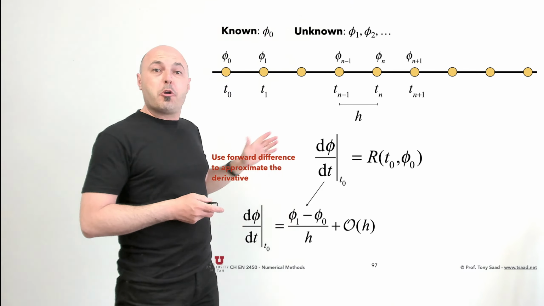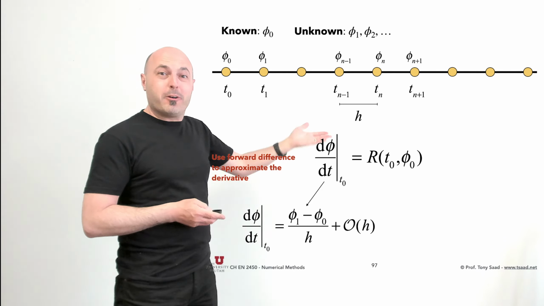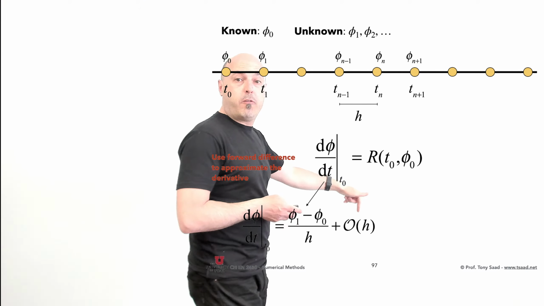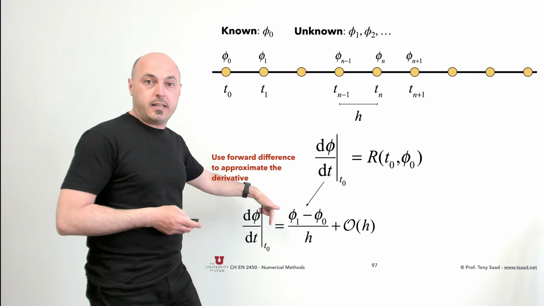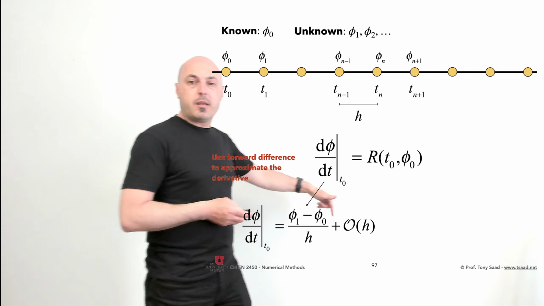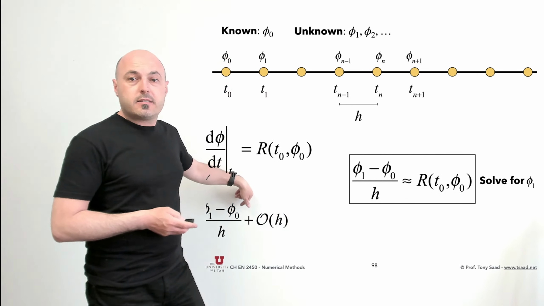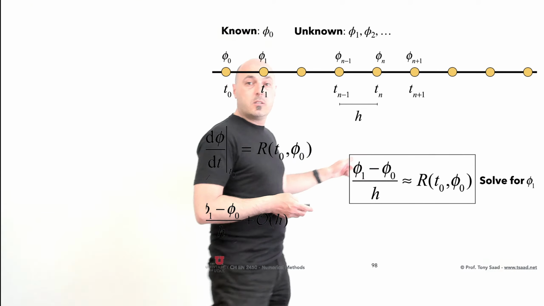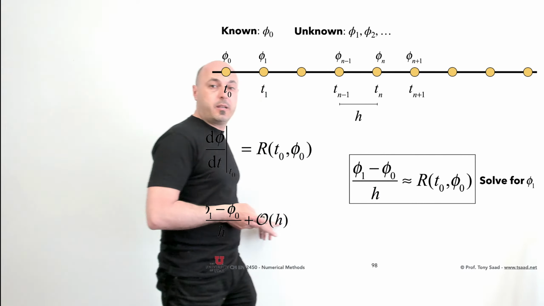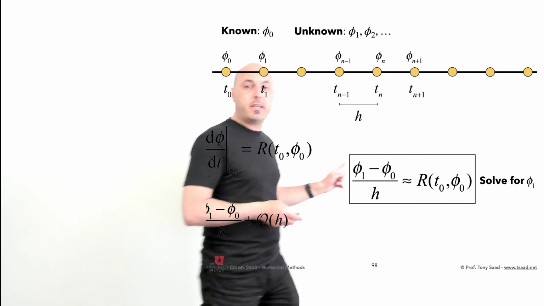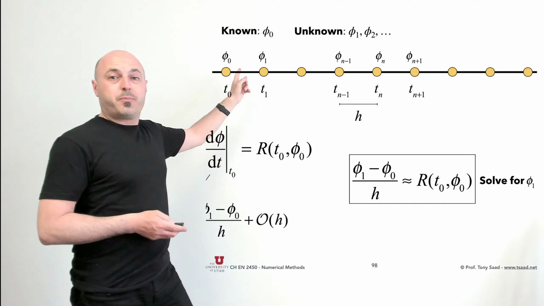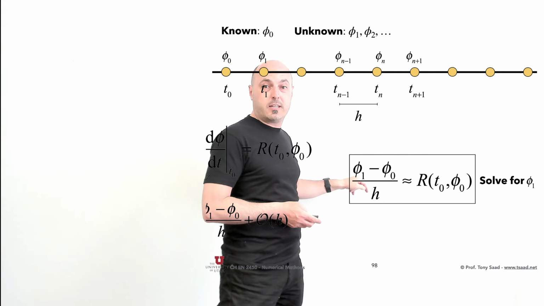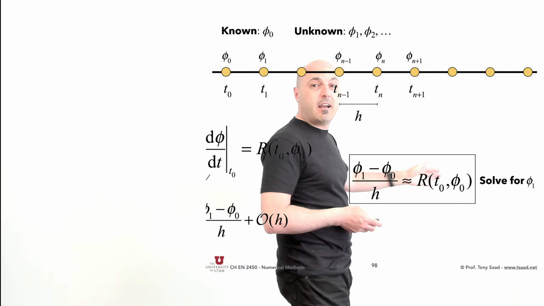We do not know phi1. Our goal is to find phi1, and we're going to use this formula to find it. Now this commits an error of order h, and that's why I kept the exact equal sign. I didn't put approximate because I kept the order h. And that is going to be equal to r at t0 and phi0. So now I use an approximation by dropping the order h, so I put the approximate sign, and I get a formula for the governing equation at t0. That formula says phi1 minus phi0 over h, or delta t, is approximately equal to the right-hand side at t0,